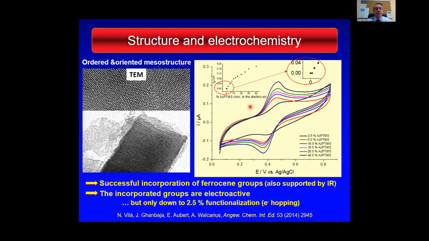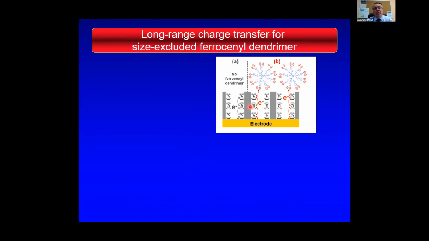Below this value, the ferrocenes are still in the film, but due to the insulating character of the silica, the electron transfer mechanism is electron hopping between adjacent ferrocene moieties. And if these ferrocenes are too far from each other in a very dilute film, we do not observe any reaction. So with this kind of film, we can expect to observe some long-range charge transfer through the insulating